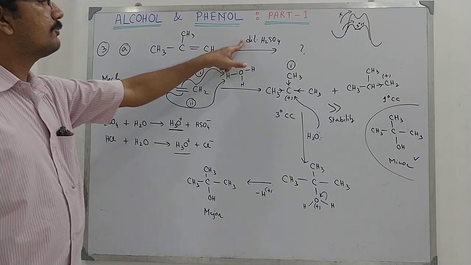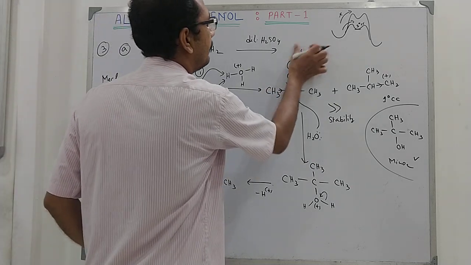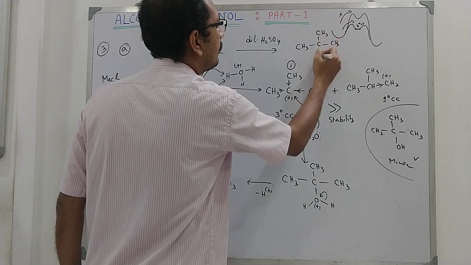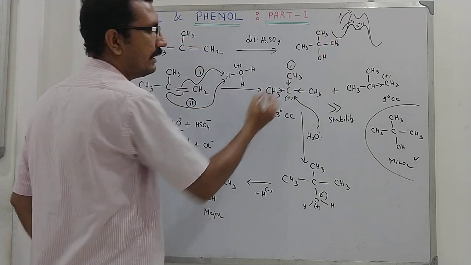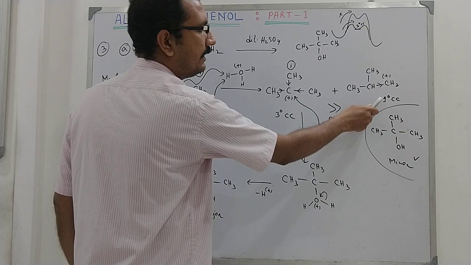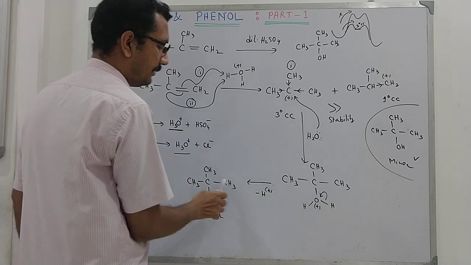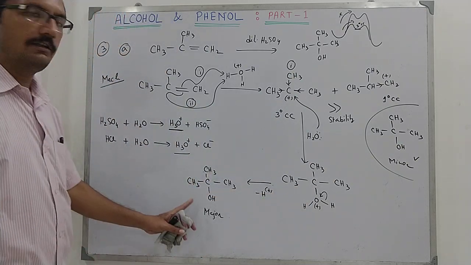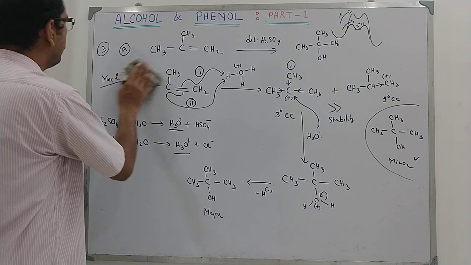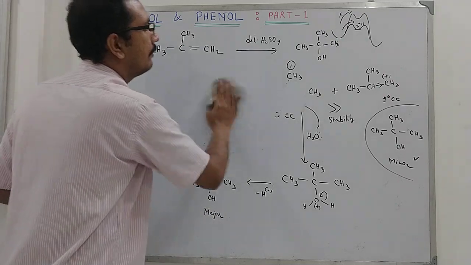You apply just dilute H2SO4 or dilute HCl, and that will give you this tertiary butanol. So we will have here tertiary butanol. Here you have this tertiary butyl carbocation as the intermediate, and another intermediate, this isobutyl carbocation. Now this is 1 degree, so it is unstable, the other is much more stable, so the reaction will continue through this path and will give you this tertiary butanol as the major product. Now sometimes rearrangement may occur in the structure. Owing to the critical nature of the structure, I will discuss one such reaction.